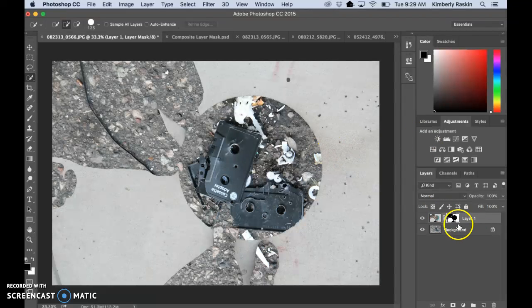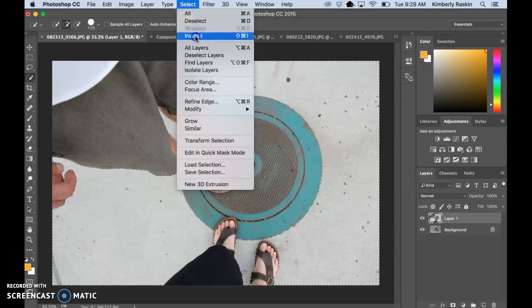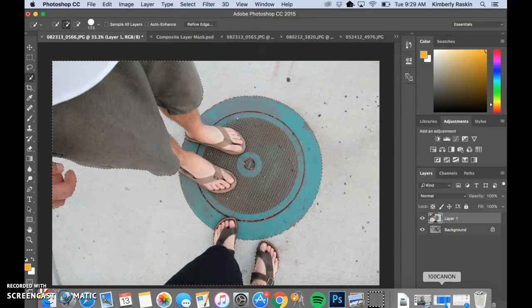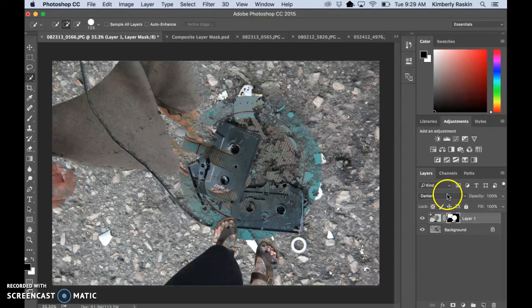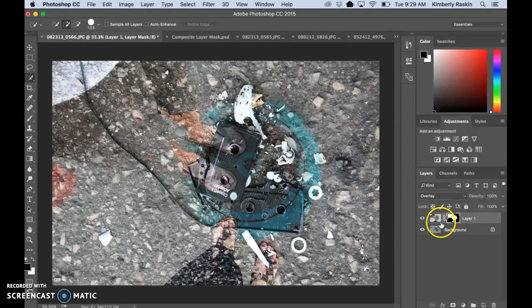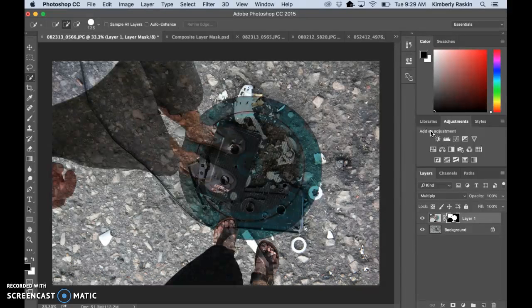When I look at my layers, I can see anything that was not selected is black and everything that is selected is white. One other way you could do this is inverse your selection. So select inverse. When I make my layer mask this time, it's going to keep what is there originally. This creates a whole different feel to the picture, but maybe I could do a blending mode if that makes sense. I could even change my opacity a little bit. So there's multiple ways that you could go about this and think about it. I'm going to stick with my original idea,